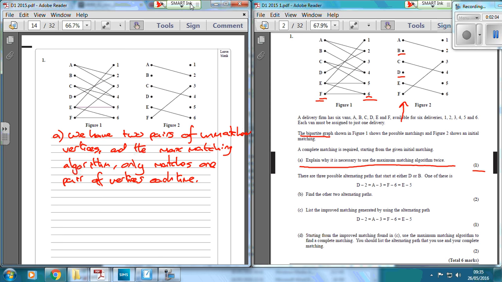Part B. There are 3 possible alternating paths that start at either D or B. One of these is D to 2 to A to 3 to F to 6 to E to 5. Find the other 2. So when you do maximum matching questions, you've got to start off with an unmatched vertex. And what we're going to do is have a look at the possible diagram here. When we move from left to right, and then from right to left, we have a look at the existing or the initial matchings. So if we start off with B,